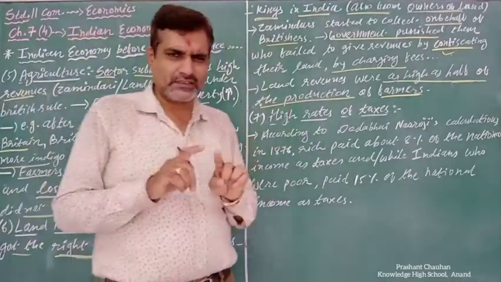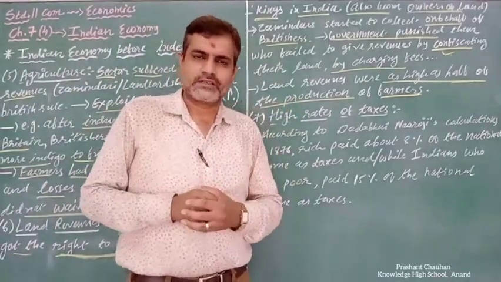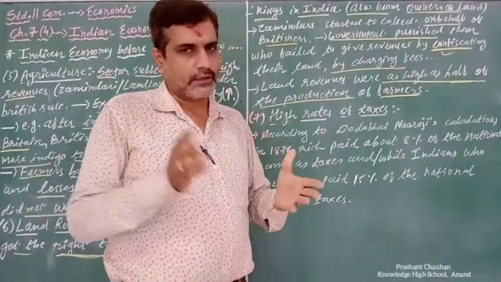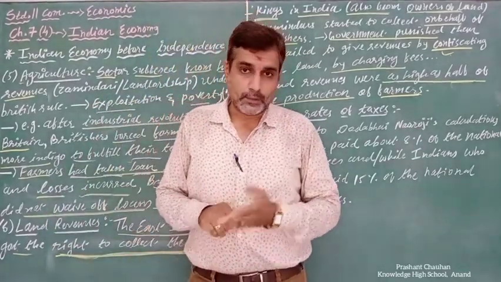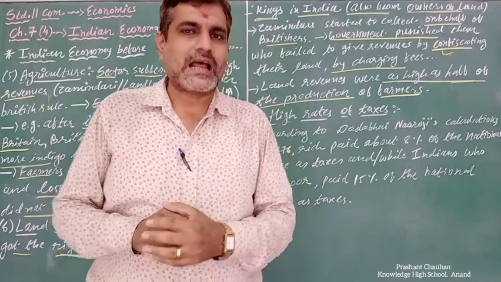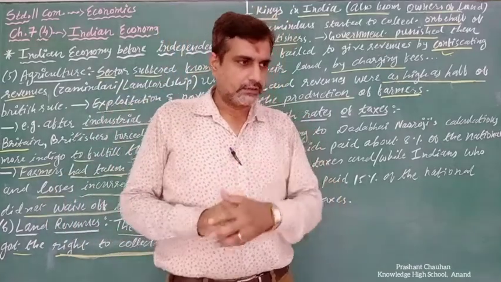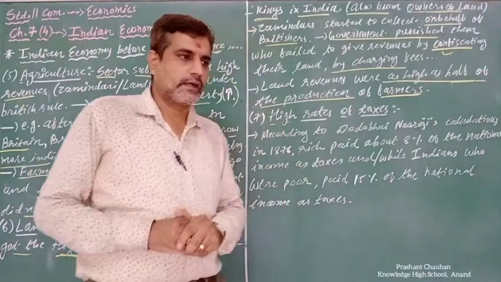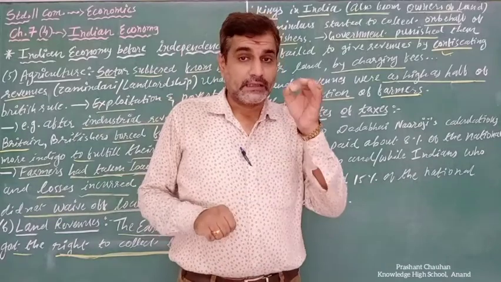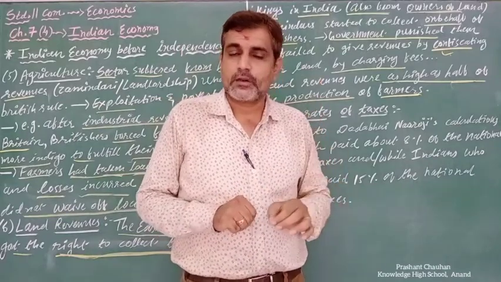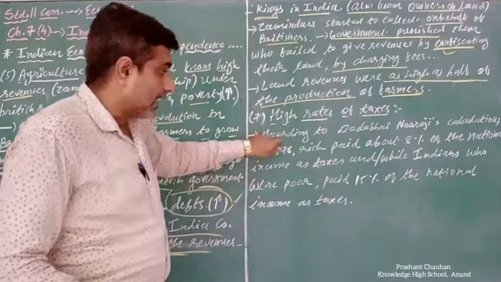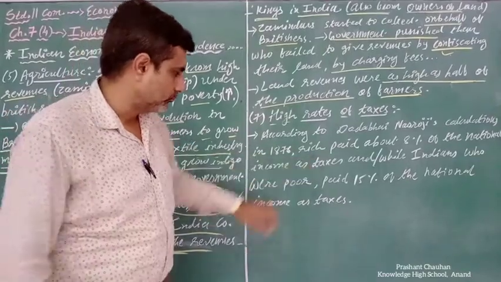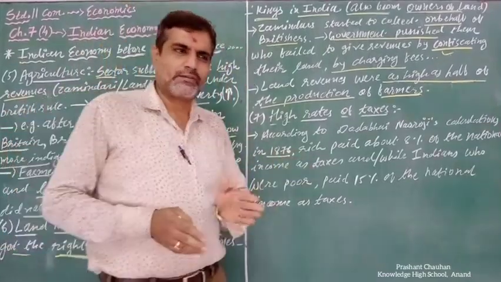See, it is not connected with the present or the past, but according to Dadabhai Naoroji's calculation, Dadabhai Naoroji, of the Liberal Party, right? He was a member of parliament at that time. An unofficial ambassador, right? On paper he was not an ambassador. The data may be important, but as per record I am giving the information, by looking at different details. He was the unofficial ambassador of the country and also a member of parliament. But according to Dadabhai Naoroji's calculation, in 1876, he was there in the parliament during that time period, right?